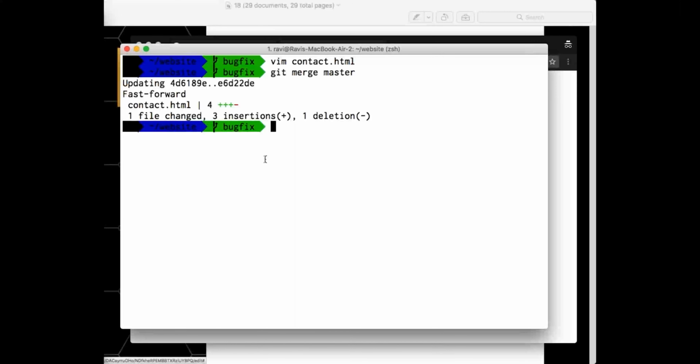Now it says fast forward. I'll talk about that fast forward later. But see, it went with some specific changes. It said 3 insertions and 1 deletion. Now currently I'm under bug fix, but earlier I was not able to see anything. But if I do refresh,